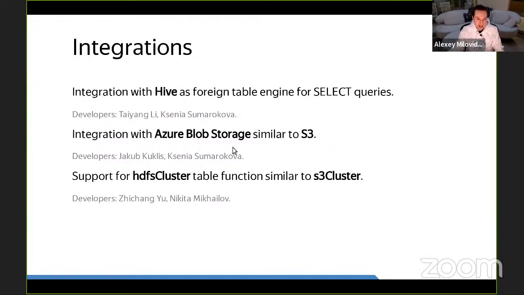You can use Azure Blob Storage like S3 Object Storage for your MergeTree tables. And now you can query data in HDFS in parallel from multiple servers in your cluster, similar to S3 cluster.